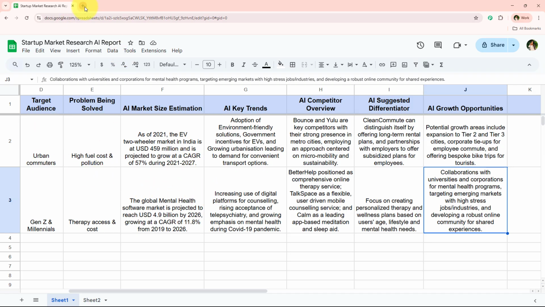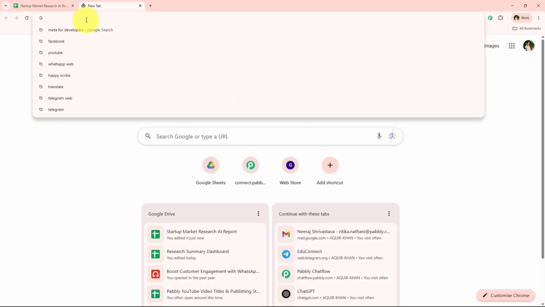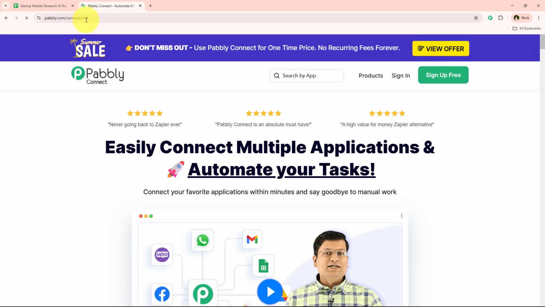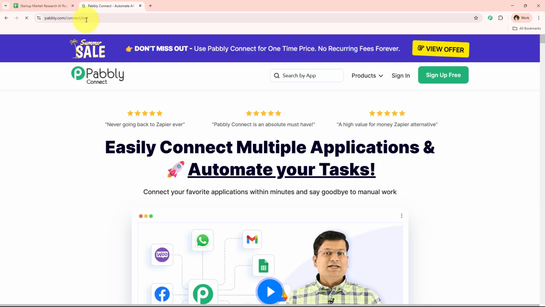So to do this, I'm simply going to open a new tab and I'm just going to look for the landing page of Pabbly Connect simply by searching pabbly.com/connect in my browser. And now it is opening the landing page of Pabbly Connect, and over here we're just going to get two options. One is sign in and the another one is sign up for free. So if you are a new user, you can click on this sign up for free and you're going to get 100 tasks free every month to explore the application. But over here I'm an existing user, so I'm simply going to click on this button which says sign in,